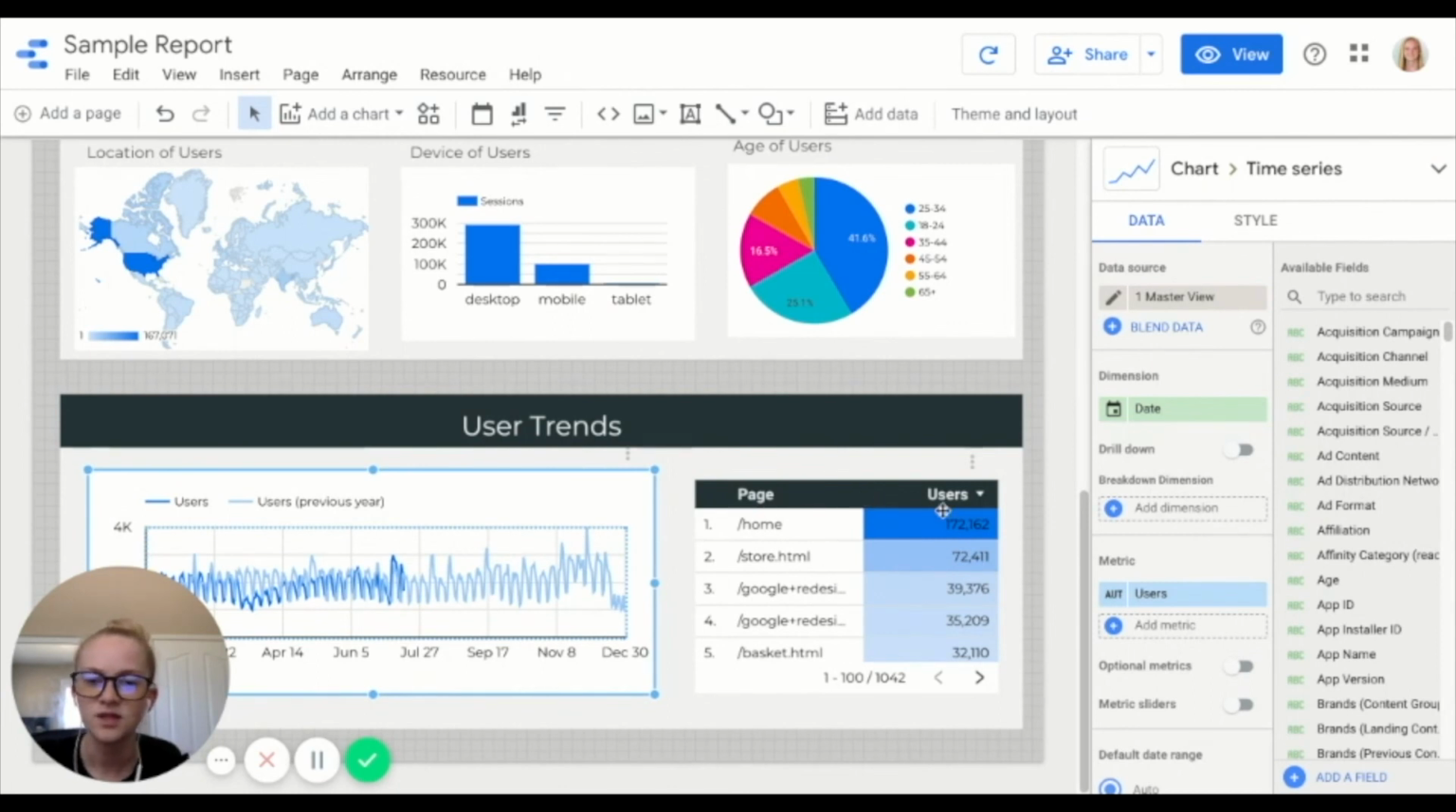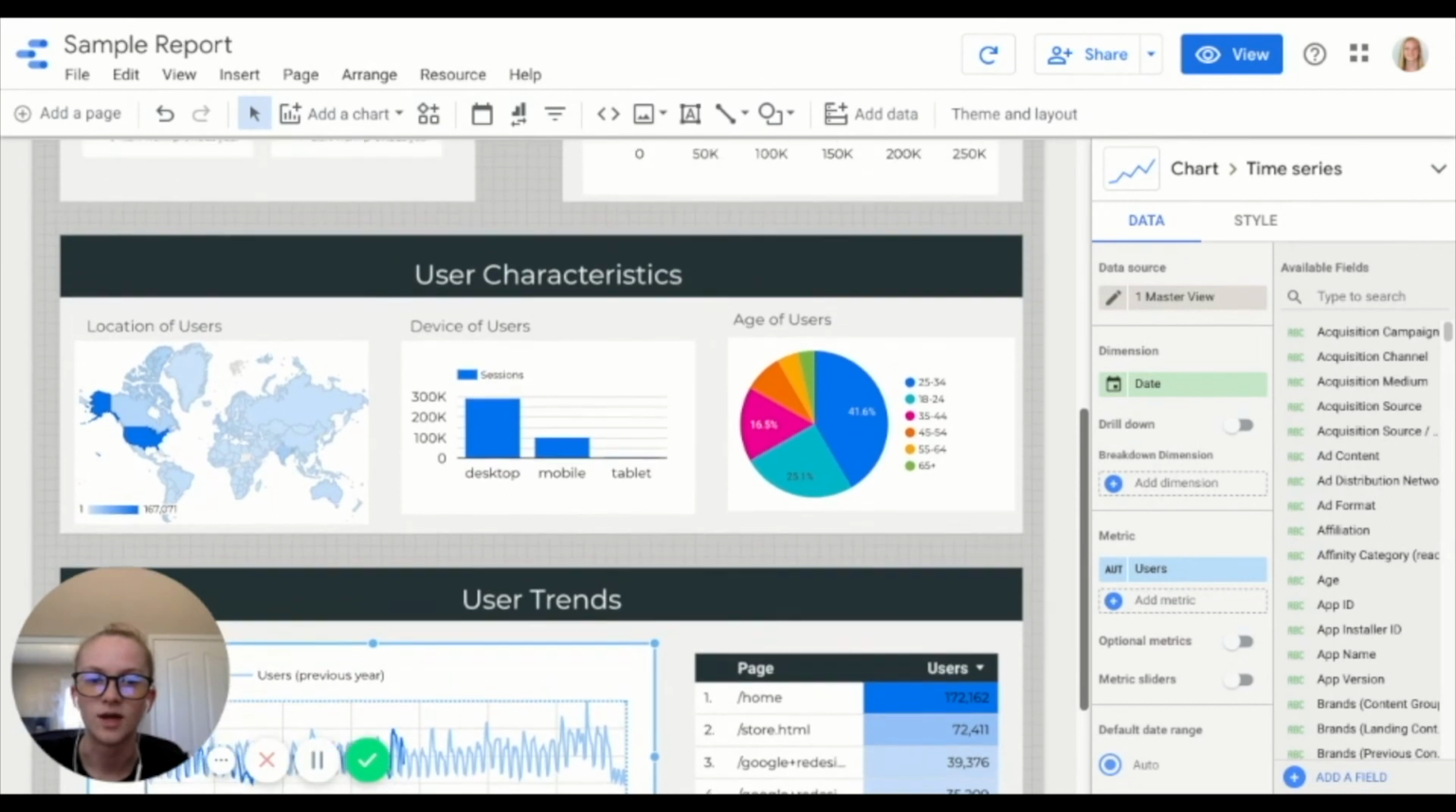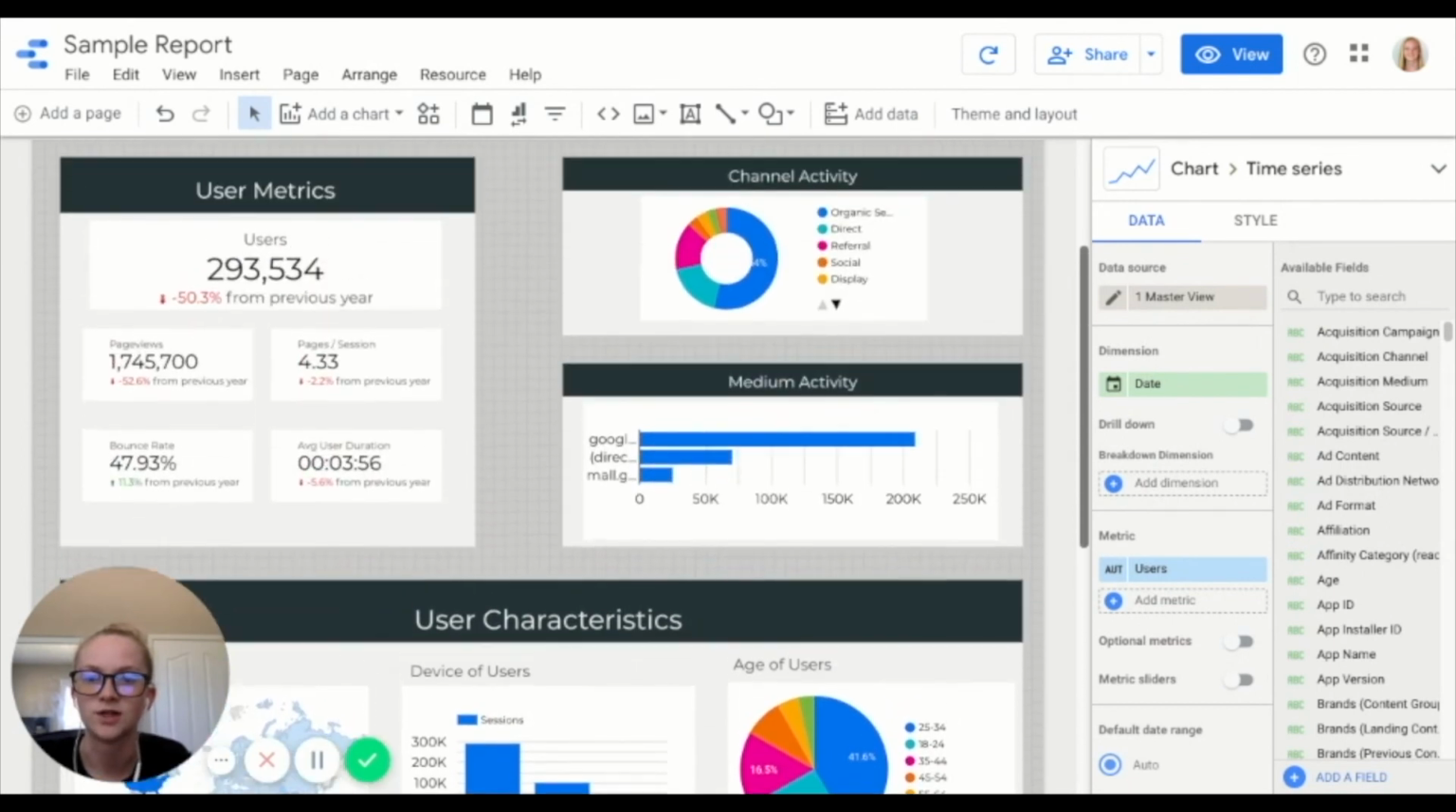So this is just a quick overview of some of the elements I like to add to the Data Google Studio and how to really bring to life a lot of the metrics that you can find